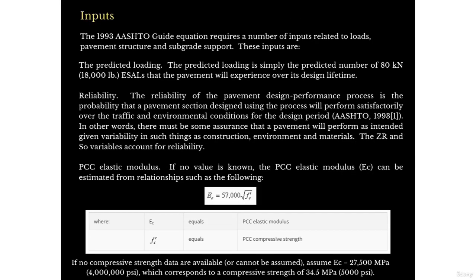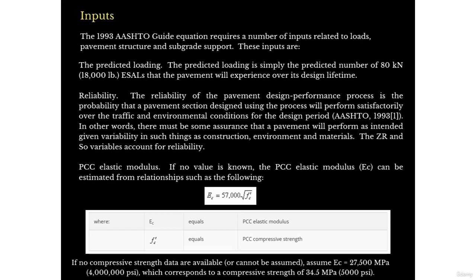So let's move on. Here now we're moving on to the inputs. Obviously the inputs are different. The inputs we require here: the predicted loading, so we require our E80s, right? That's the same. We also require our reliability. We talked about that. And then obviously we require the PCC elastic modulus, okay? If there's no value, the PCC elastic modulus can be estimated. So this is the equation to estimate the value